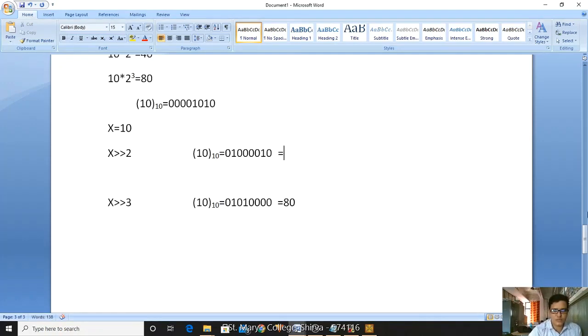Please check it. 2 power 0, 2 power 1. What is the value of 2 power 1? 2. 2 power 2, 2 power 3, 2 power 4, 2 power 5, 2 power 6. What is the value of 2 power 6? 64. 64 plus 2, 66. Isn't it? Correct.